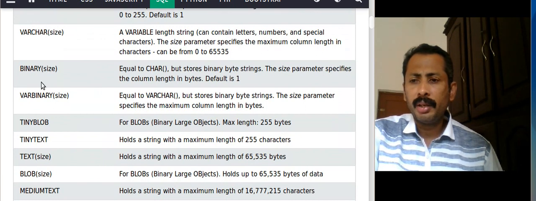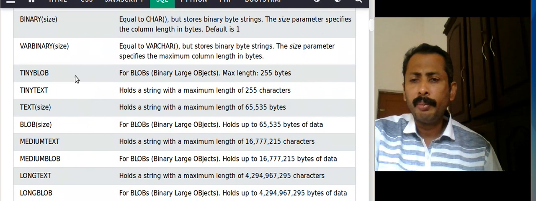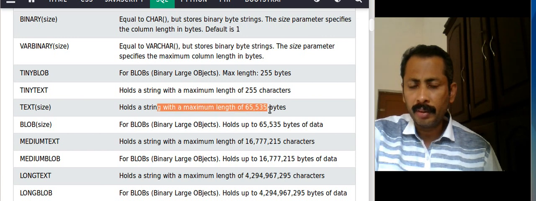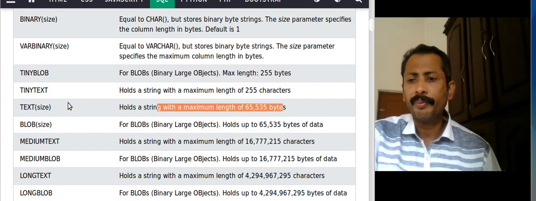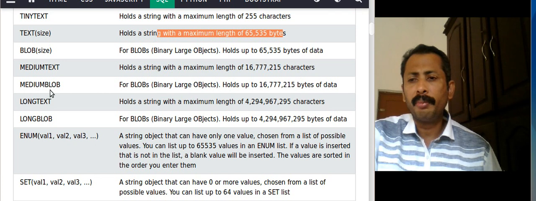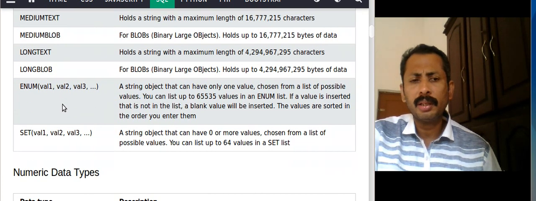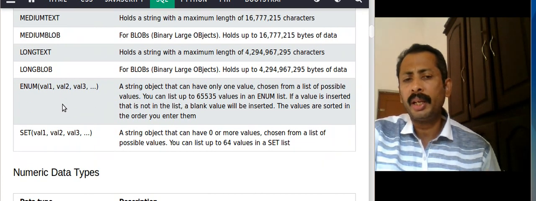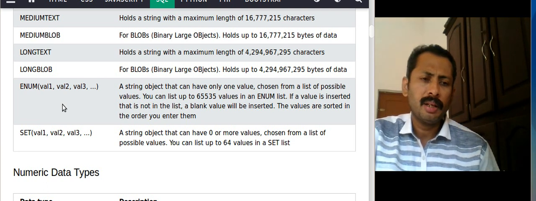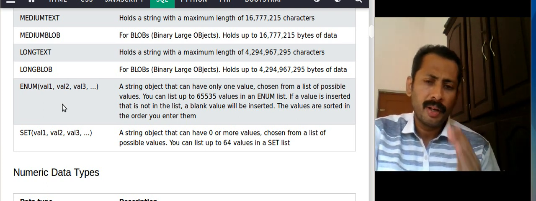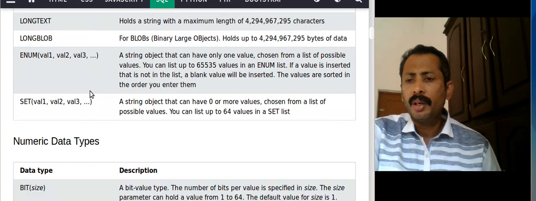This is binary, variable binary. Then TINYBLOB for binary large objects. Then TEXT, maximum length of 65,535. Then MEDIUMTEXT, MEDIUMBLOB. So all these are different data types which can be given as the type of a column heading.